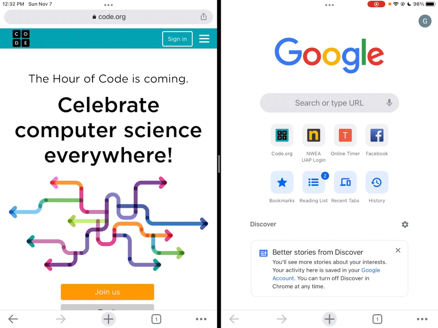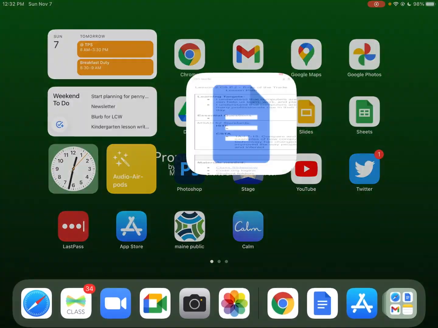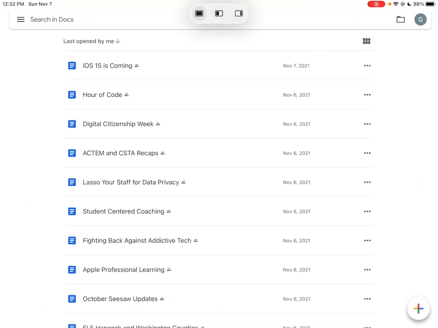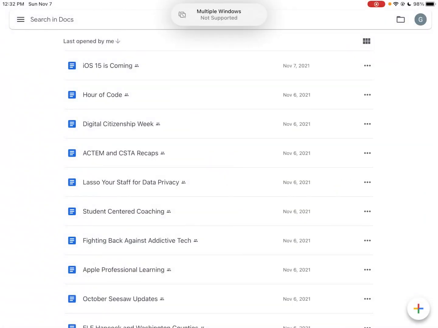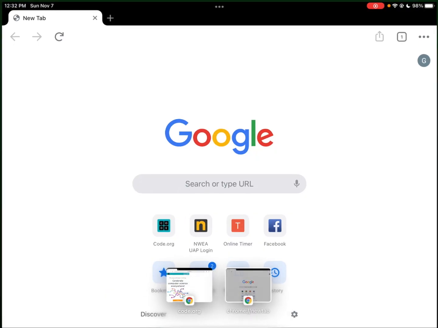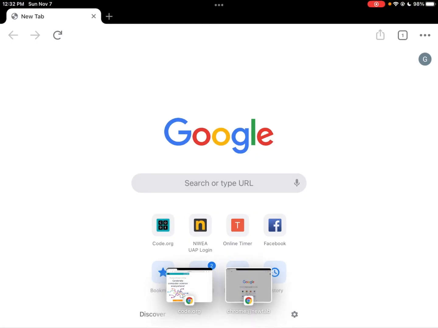So for instance, it actually does not currently work with Google Docs. If I wanted to pull up a Google Doc here, or two windows side by side, I'll get a little notification at the top that says multiple windows not supported. And then if you have multiple windows open at the same time, like I do with Google Chrome,